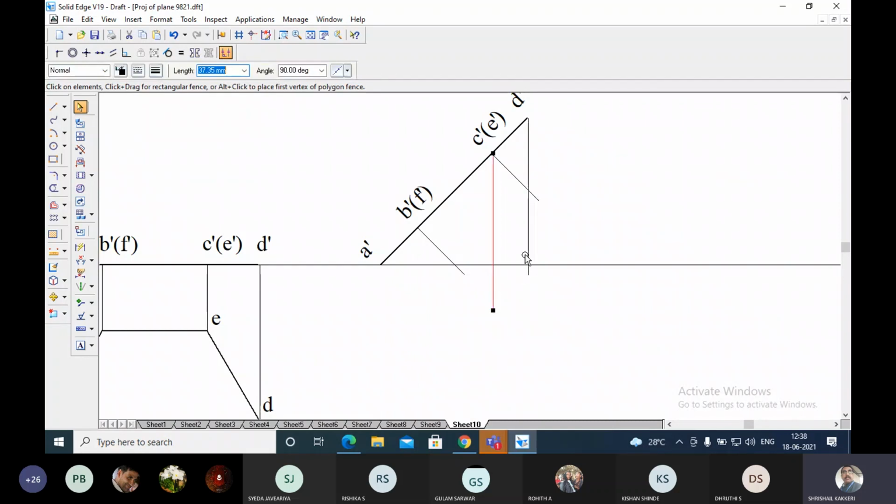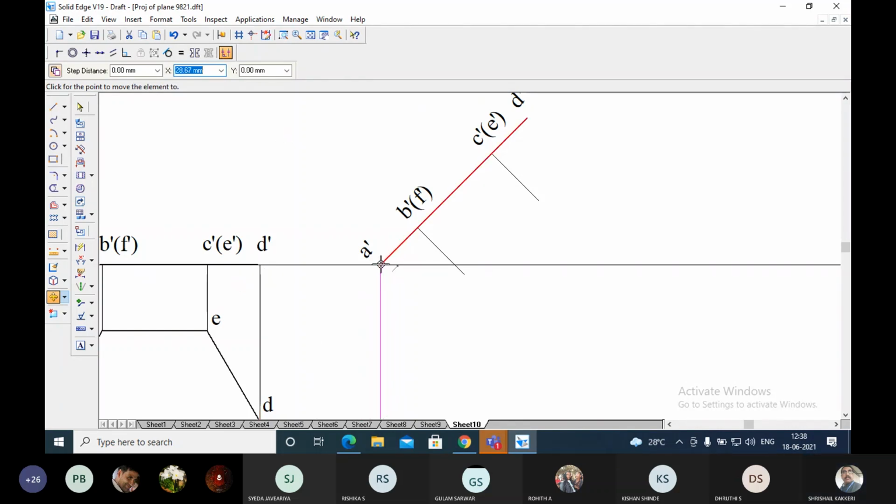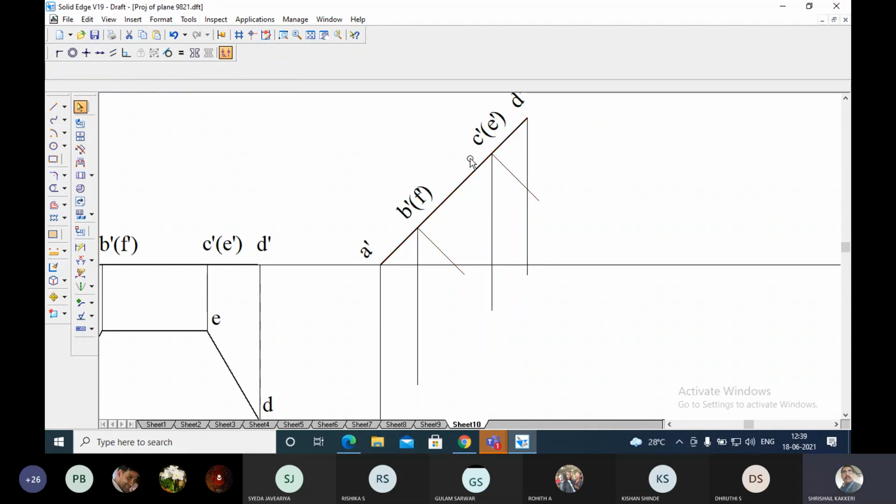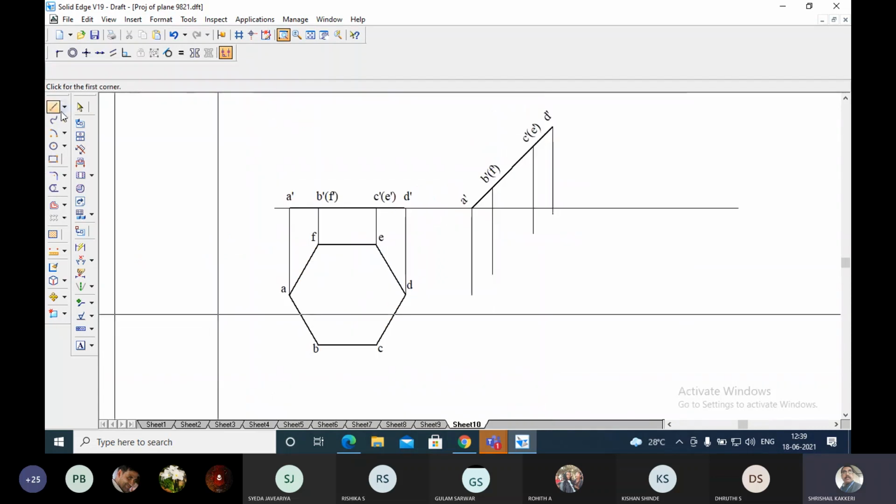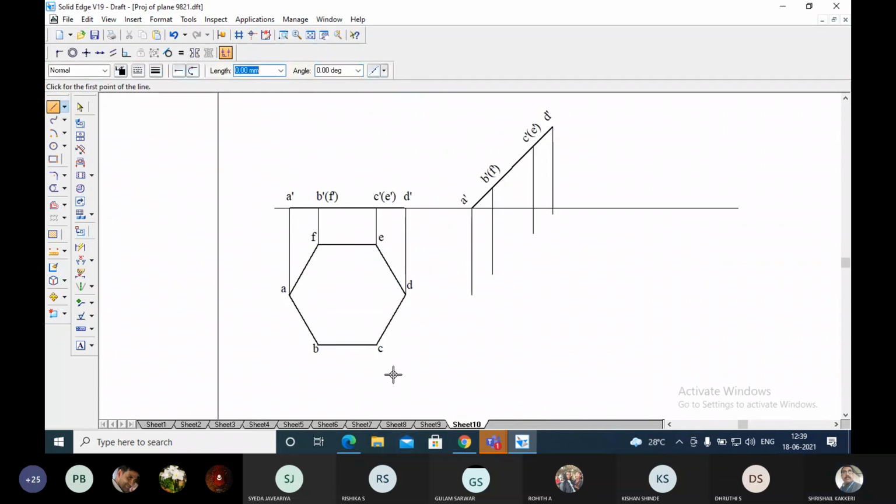Okay, so you have to be very, very careful and copy one line. While copying only you have to take properly. See here, from the end of this one properly you take end, end, end, end. That's all. After this, these two you can remove them. Come back and project these lines up.